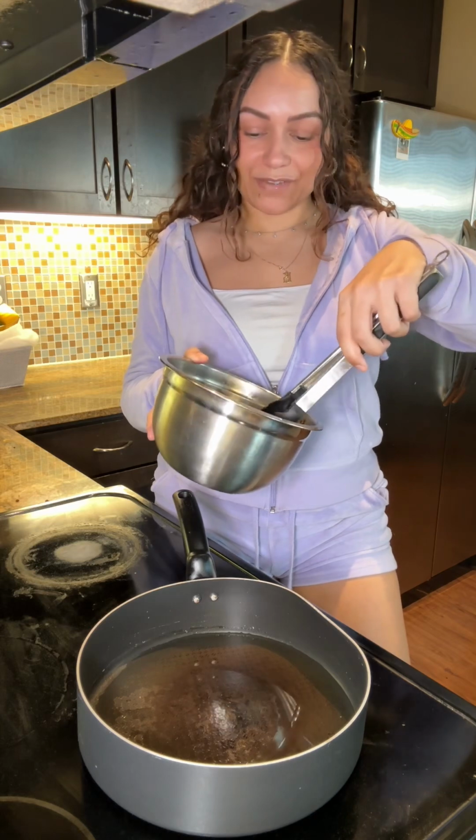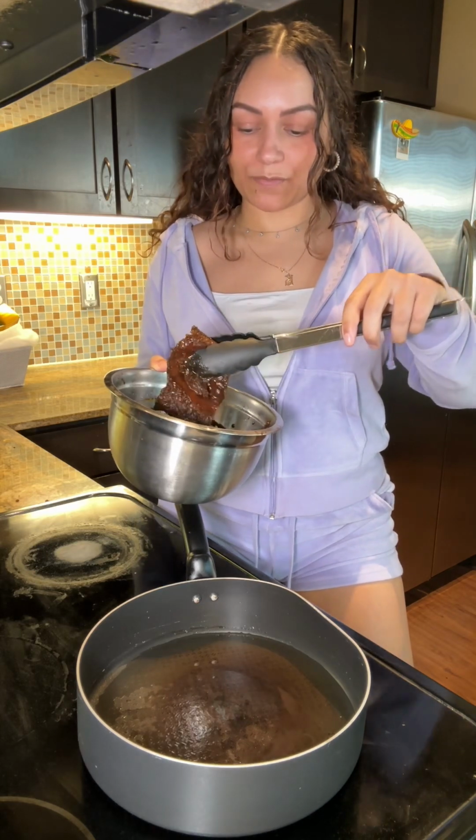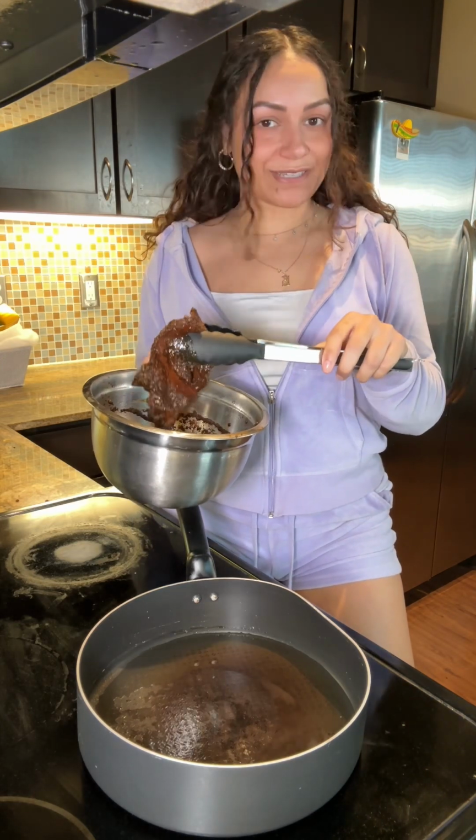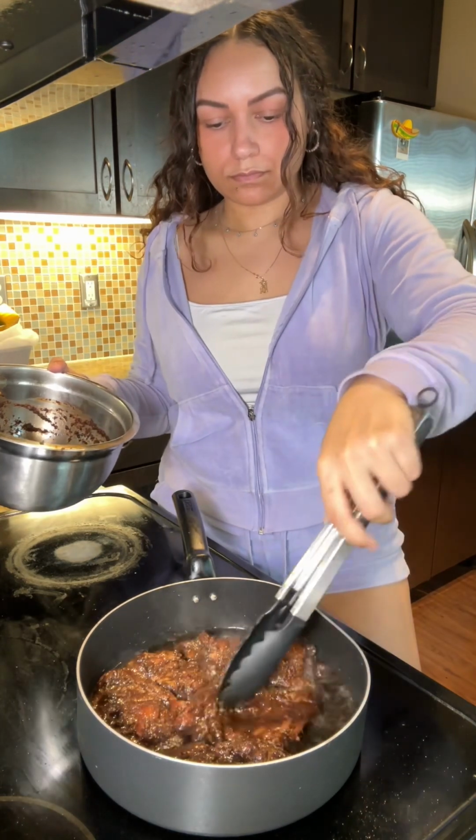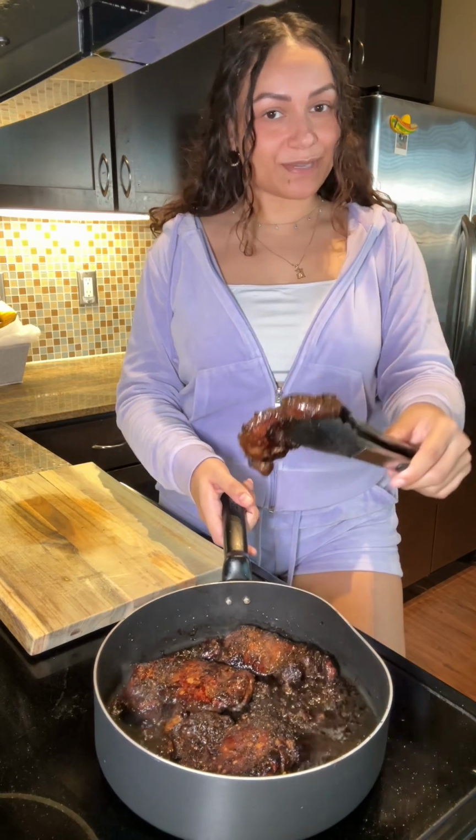My chicken has been marinating for a couple of hours, so I heat up a pan with a bit of oil and I'm gonna cook them on each side until they're nice and golden brown. Now that the chicken has some nice color on both sides, I'm going to remove it and work on the